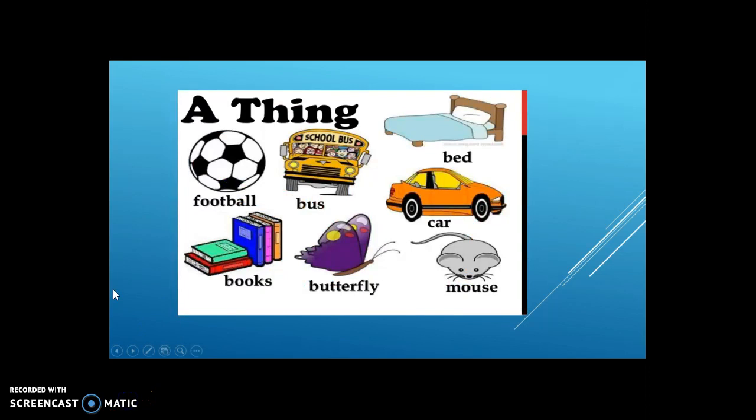Then we go to a thing. A thing can be many different things as well, such as a football, something used to kick a football, like your shoe, something you might ride in to go to school, a bus, something your parents drive, like a car,